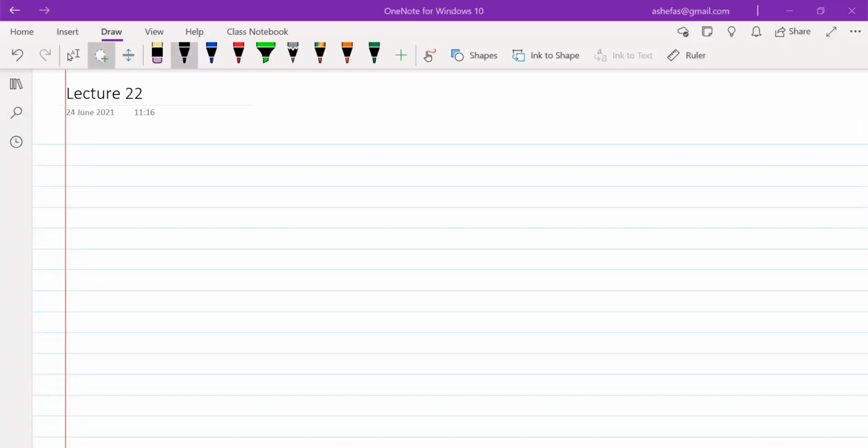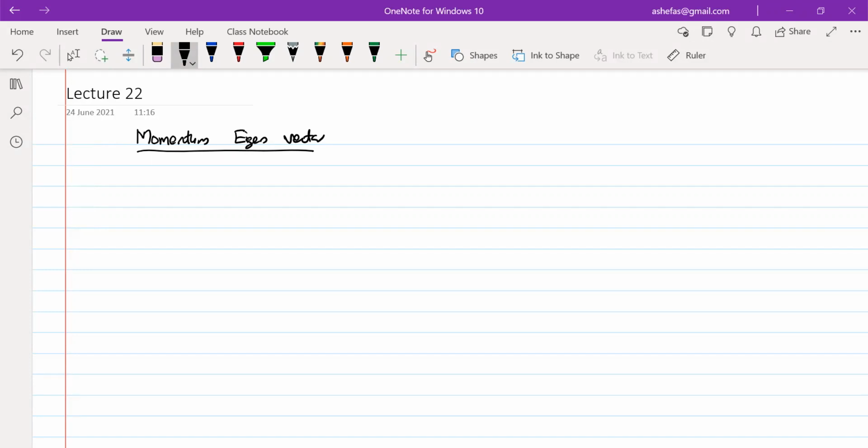Hi all, welcome to the last lecture on the first module of quantum mechanics. So in this particular session, I will be discussing the momentum eigenvector, its representation in two different bases, the position basis as well